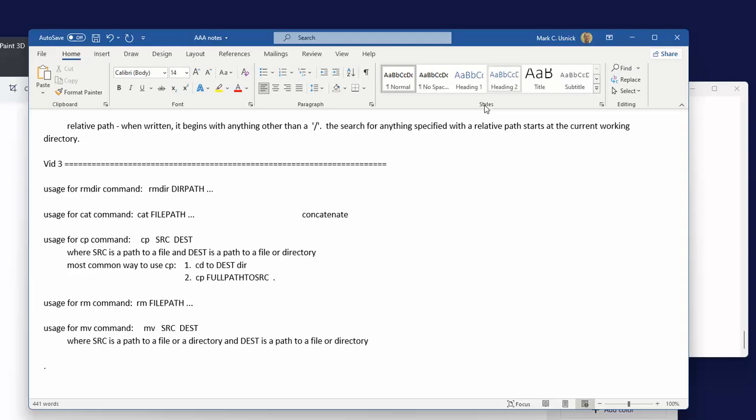Okay. And the other thing to point out, there's no rename command. There's no rename command in Unix. There's no relocate command in Unix. To rename or relocate, or both at the same time, you use the move command. Okay? So it's very powerful, very flexible, and it's this command here which is most likely to make you utter